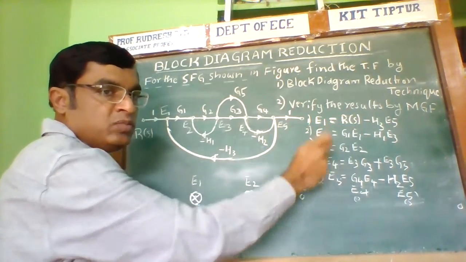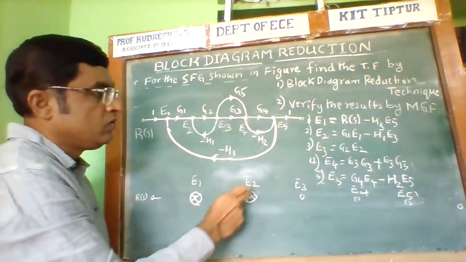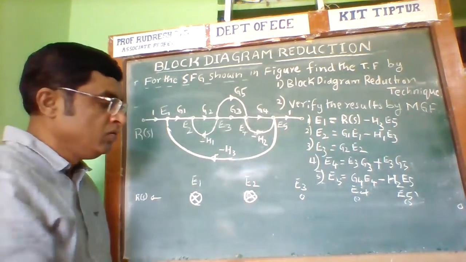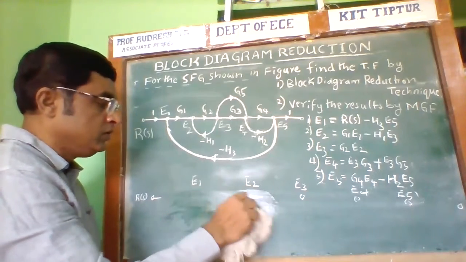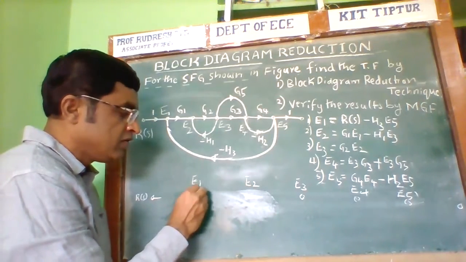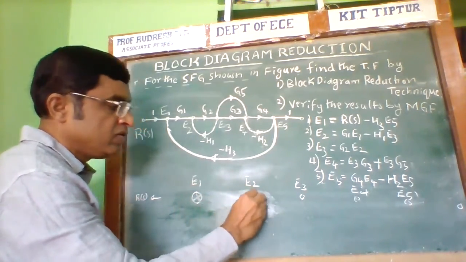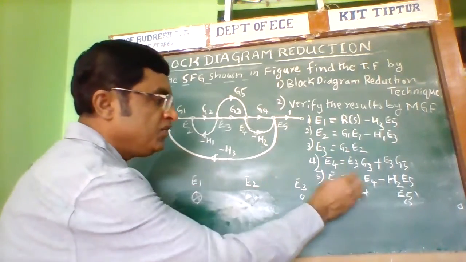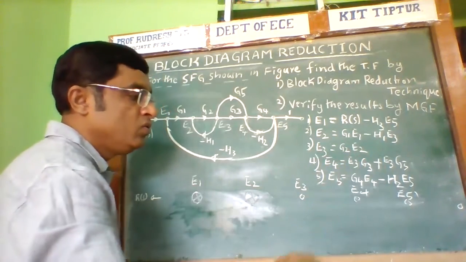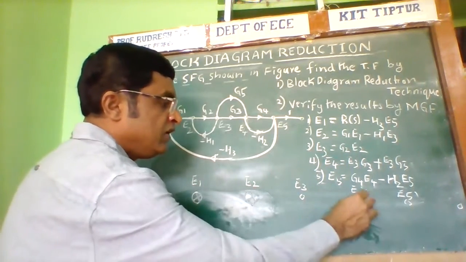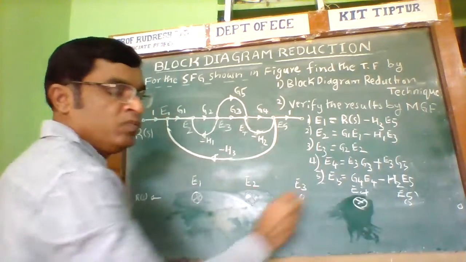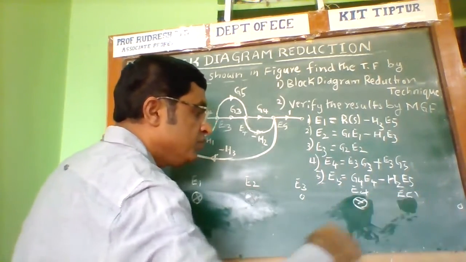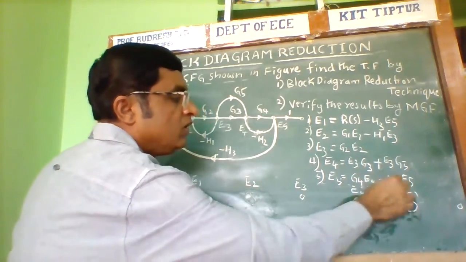Therefore, we need to introduce the summing point. For E2 and E3 there is no need to place a summing point, because we did not require any. E1 requires a summing point. Here also we require the summing point. For E3 we did not require the summing point. And for E4 we require it because here we need to add the two quantities. So we need to write the summing point. And E5 also needs a summing point, because here also we need to add and subtract the two quantities.